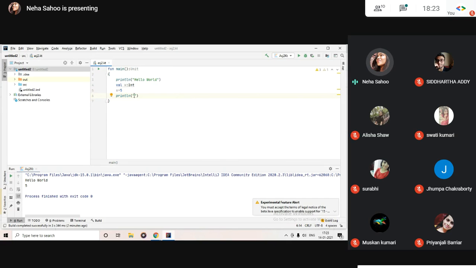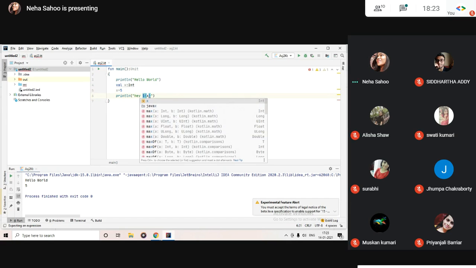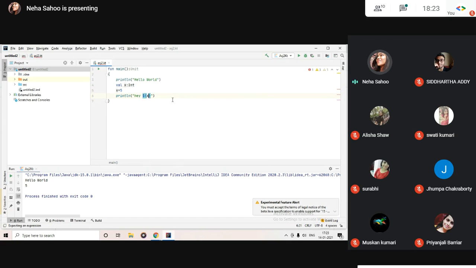For example, if I want to print the value of the variable x, I'll just print this. This is the format with which you should be doing it. You need a dollar sign, and then inside curly braces should be the variable. So in our case we have this.